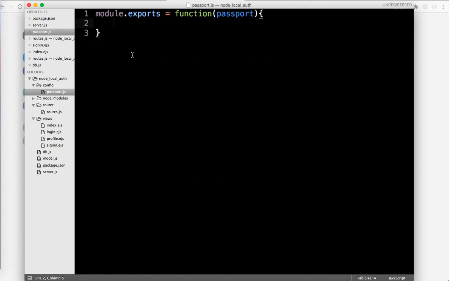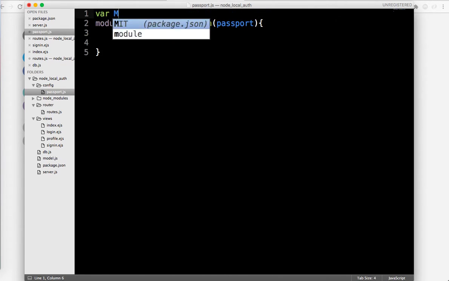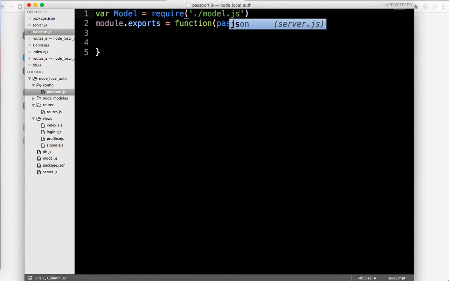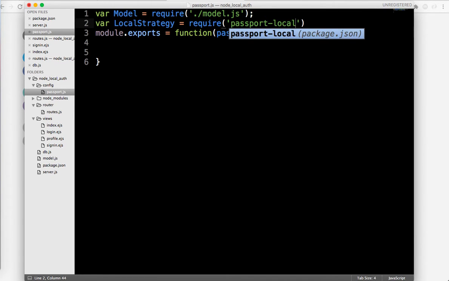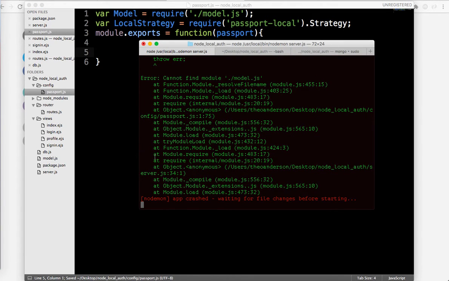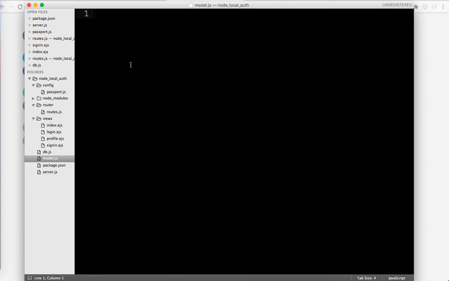So we can go in here and do, we want to get our model. We're just going to require model.js, which we need to create right now. And then we want to require local strategy, which is going to be requiring the passport local dot strategy. And from there, let's create our model. Make sure we're not getting any errors. What it's saying, we need model. Okay, so let me go ahead and